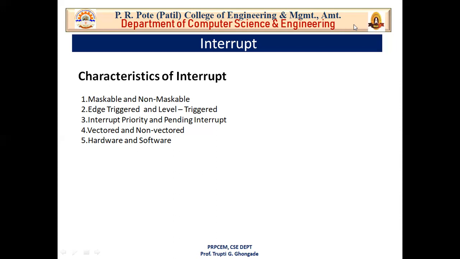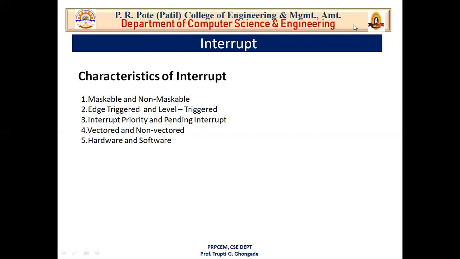In programmed IO, the processor checks every device that wants to transfer data and then transfers data to that device. In this process, we are wasting the time of the processor because it checks every device that wants to transfer data. The processor goes to a device and asks, do you want to transfer data? Then it goes to another device and again asks, do you want to transfer data? So it is a very time consuming process in programmed IO. Now interrupt driven IOs are better than programmed IO.